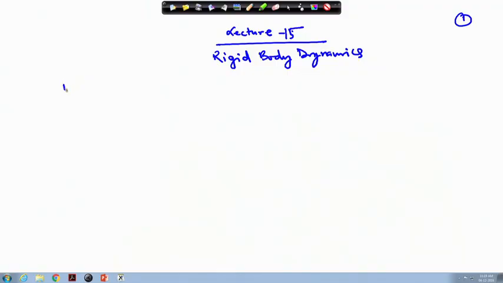Today we will start with rigid body dynamics. Already we have covered rotation and rotational kinematics in detail, except a few things which I have left for discussion in tutorial, or I will upload as supplementary material for your help. So, today we are going to discuss rigid body dynamics, but for that we need the basics of Newton's law, which must be very clear. Okay. So, let us start with Newton's law.